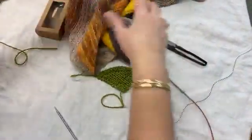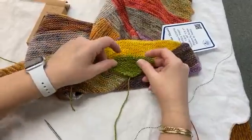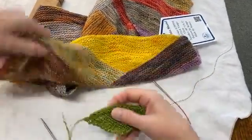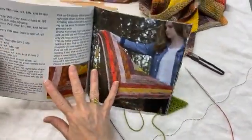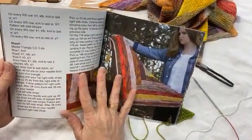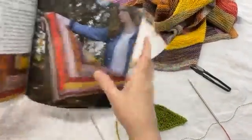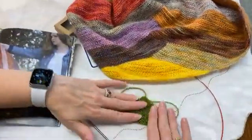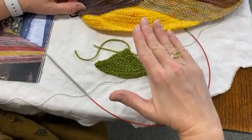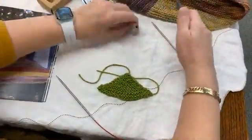So here is, on a smaller version, my first triangle. You didn't teach us how to make them. So now the pattern, and this is what gets people confused, because you've knit it bottom up, but we're actually going to now turn it upside down. So we're going to start looking at it this way, and we'll have right side, left side. So what the pattern calls for